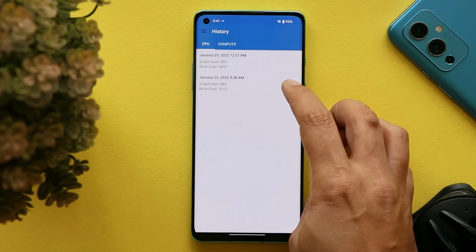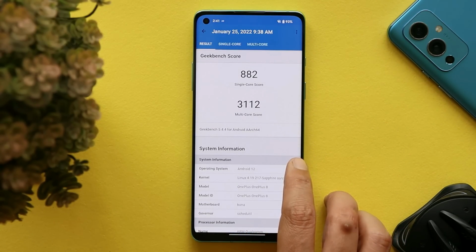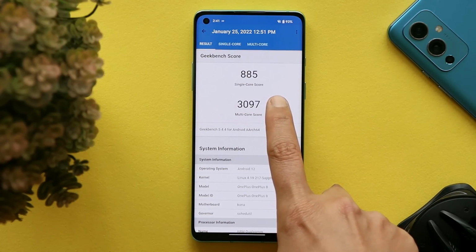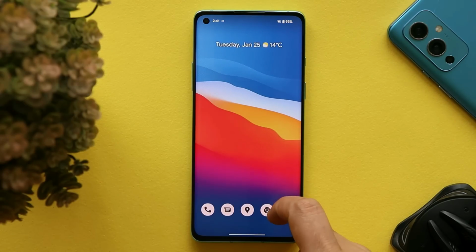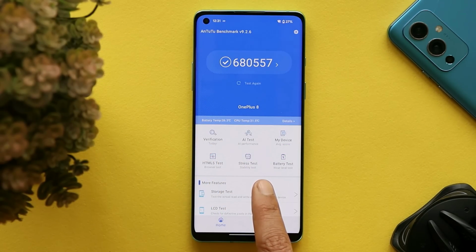This test was done in normal mode, wherein single core scored 882 and multi-core scored 3112. With performance mode, I just noticed slight improvement in the single core scores, but multi-core scores went little bit down. And the same thing goes with the Antutu benchmark application. So this test was done without performance mode turned on. And here device scored